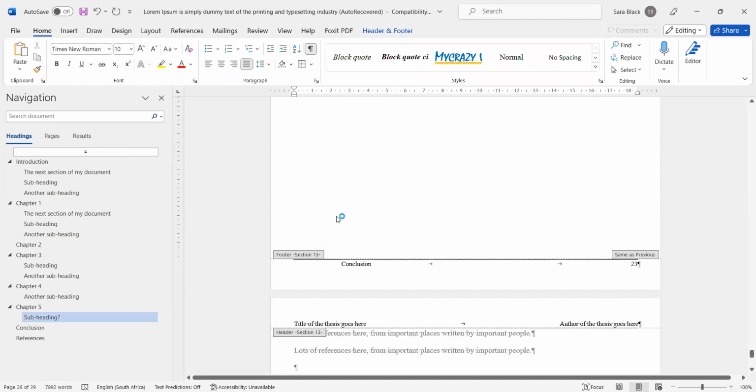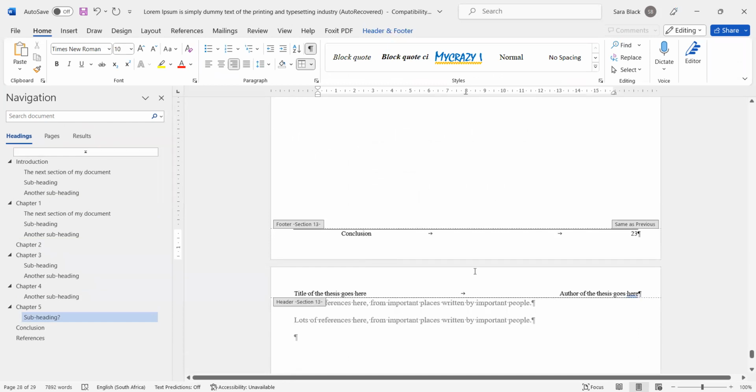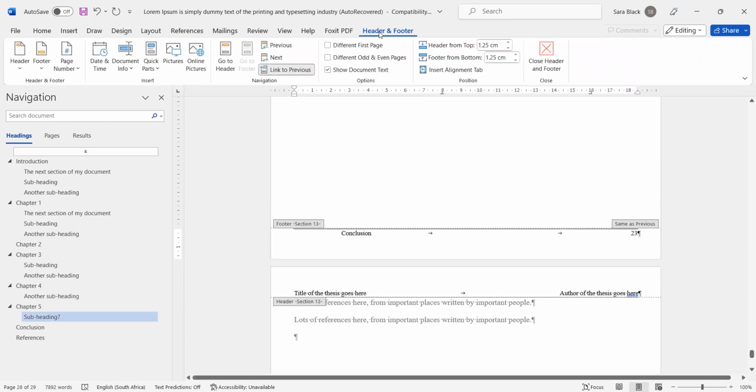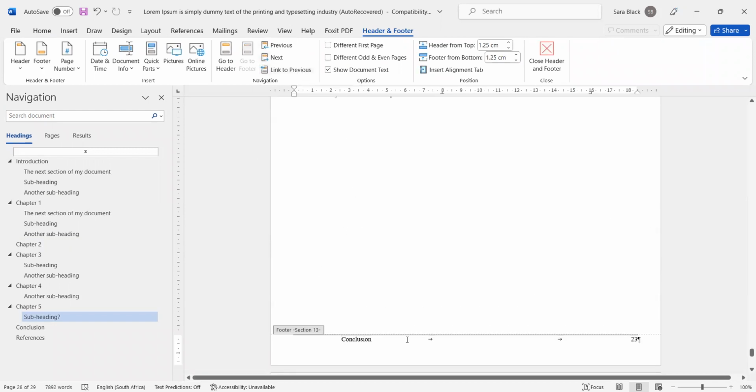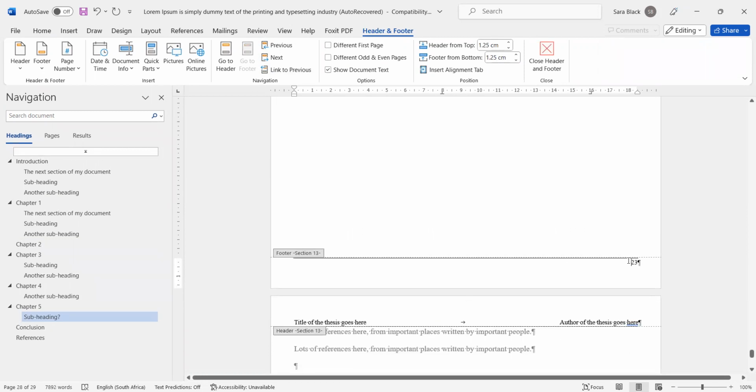And for the footer of my references, it's kind of obvious when you are in the references. You don't need to know where you are in the document. So I'm going to delink this one as well. I'm going to remove the specification about where you are in the document. And